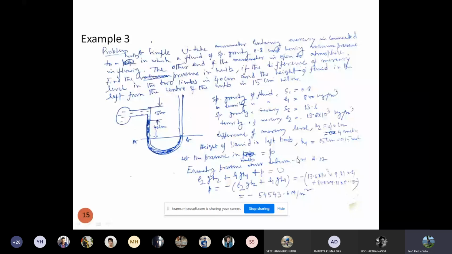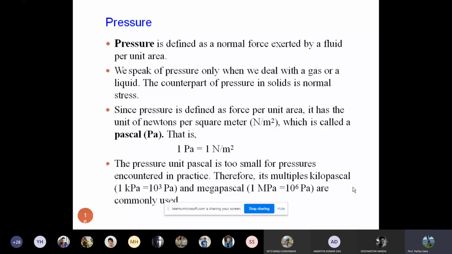Now you look into it, a negative sign is given. The reason is very simple. This is a vacuum pressure or gauge. Vacuum pressure is always negative. Since this bulb is in vacuum pressure, that's why it becomes negative. Okay. Now, as I said, I derived two expressions, I mean numerically. Let us look into details.